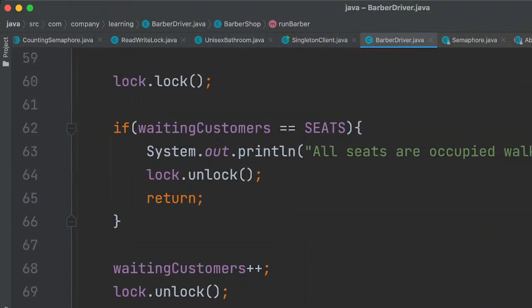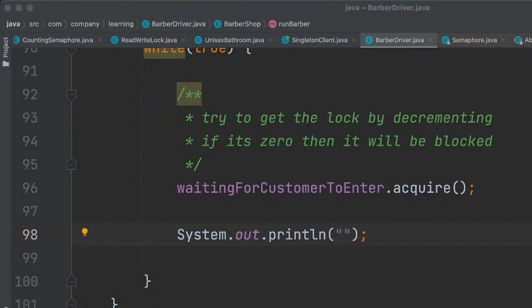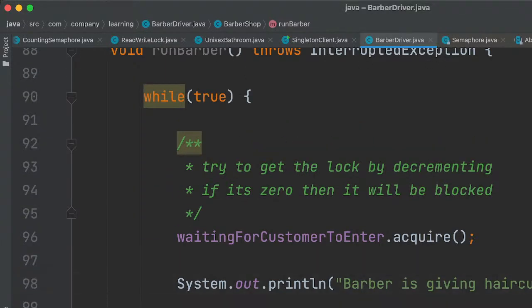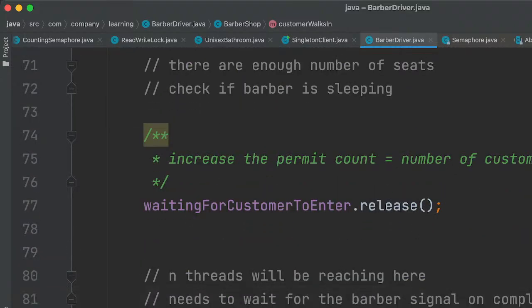The other thing we need to take care of is, once the request is served, let's assume that the barber is serving the request, giving a haircut, right? And when releasing this, once the barber is giving the haircut and this value leaves, we also need to update it, and we need to take a lock, right?